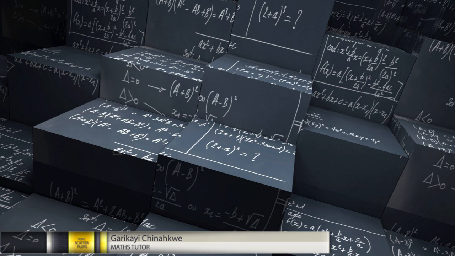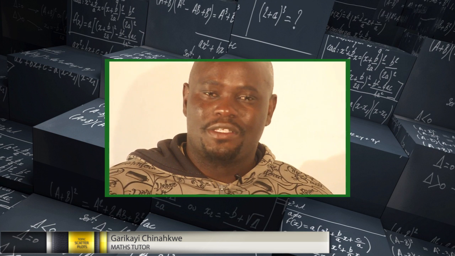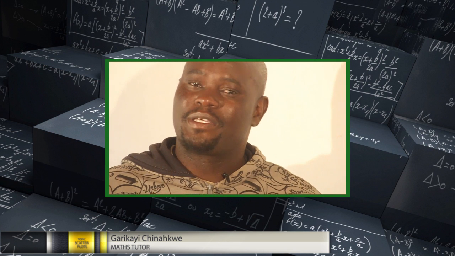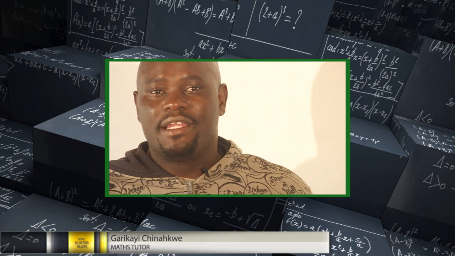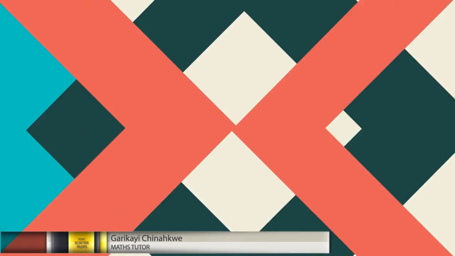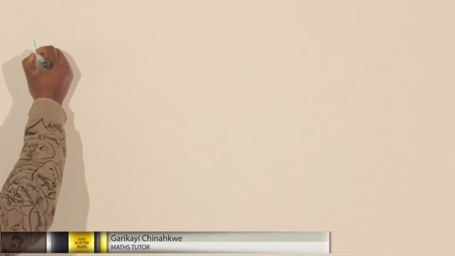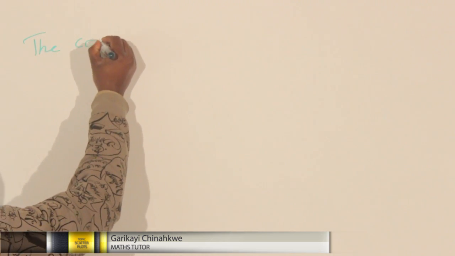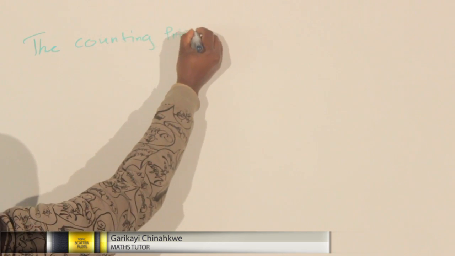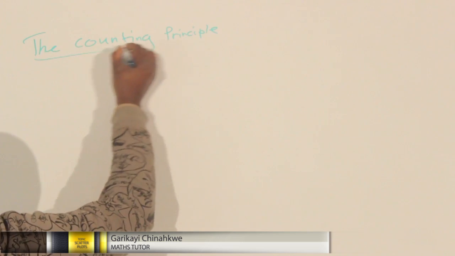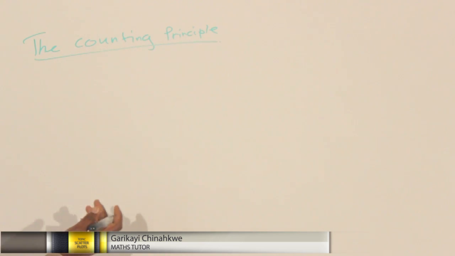We are going to look at the counting principle. On the counting principle, you must be careful when they say letters are repeated, or when they say letters are not repeated. I'm just going to illustrate that. All right, we're looking at the counting principle, and I'm going to give you an example whereby they say,